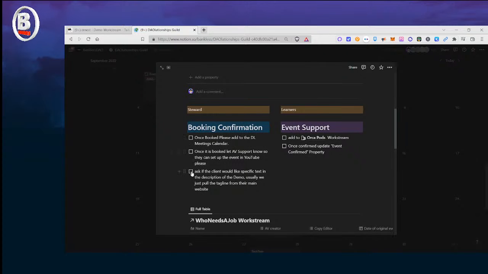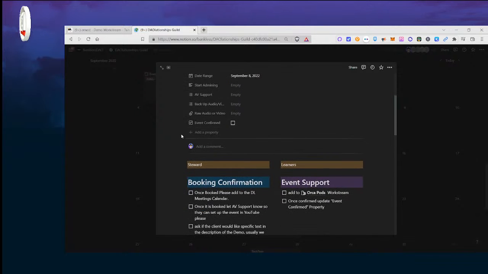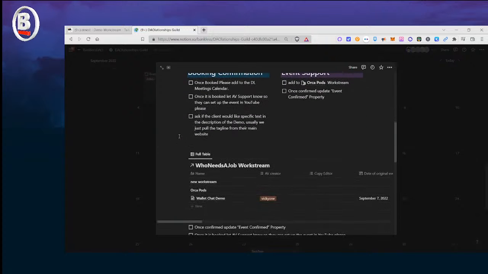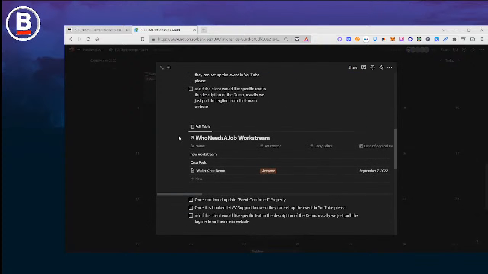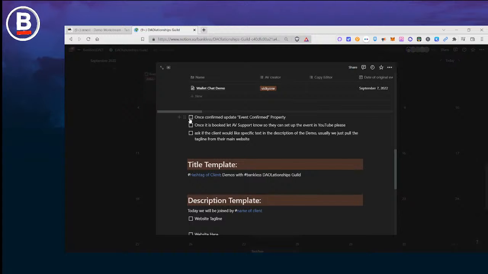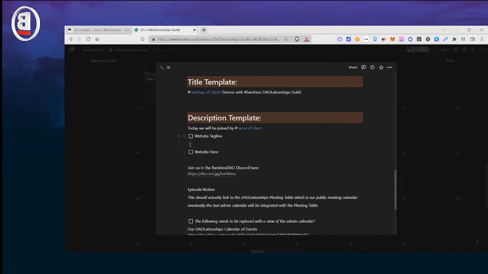And as the steward moves through the action items, they will have action items that remind them to find the AV and other support they need to execute on the event. And of course, once the steward has a work stream that's in development, they want to make sure to add it to the Who Needs a Job database and continue on with completing the checkboxes for the coordination of the event.